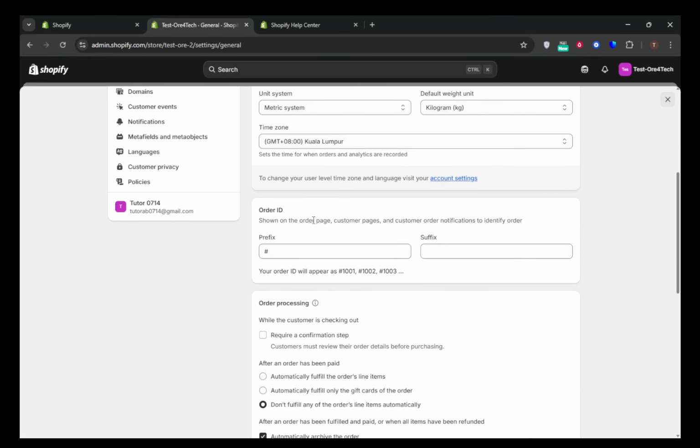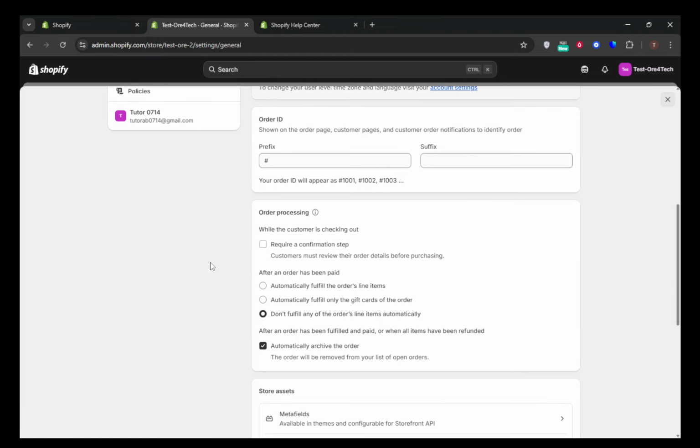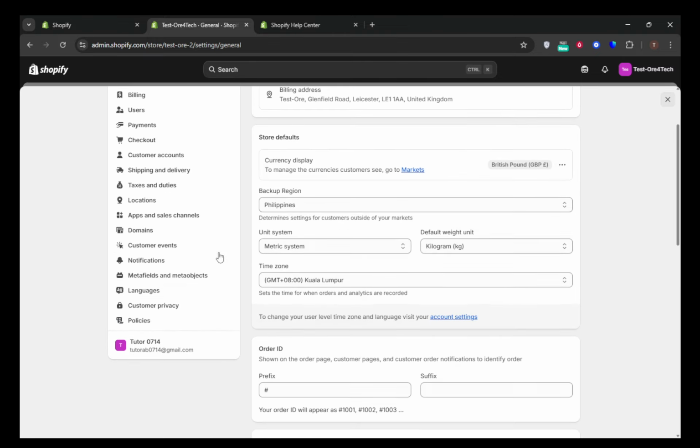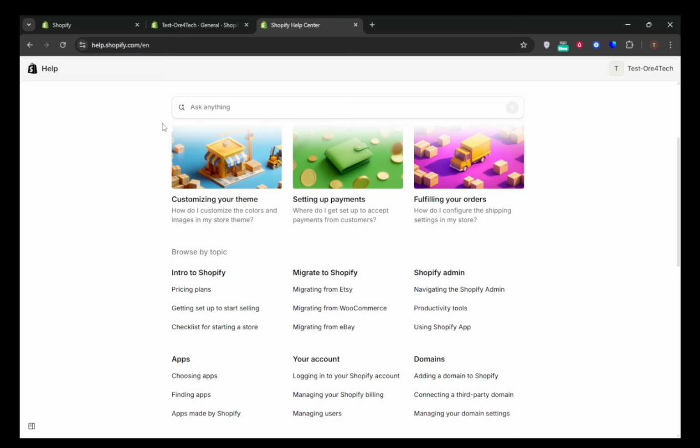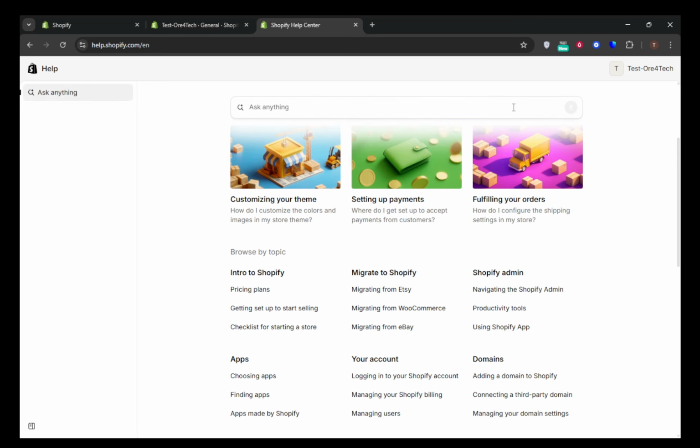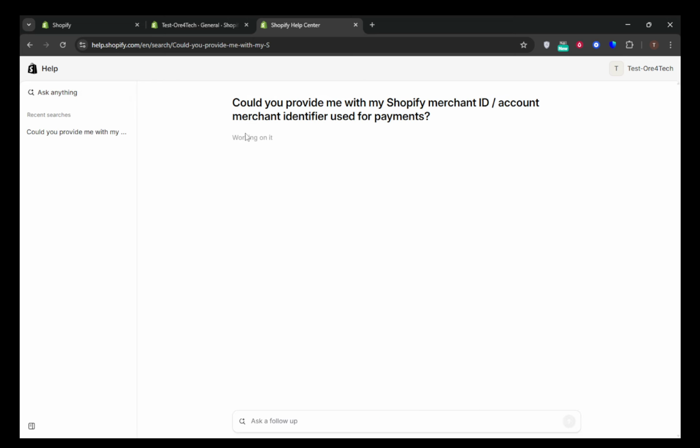The most direct route is to get in touch with Shopify support. Whether you're a seasoned Shopify user or new to the platform, contacting their support team will be your go-to method. Start by opening a support ticket through your Shopify admin or by visiting the Shopify Help Center. When you reach out, make sure to be specific with your request. Ask them directly if they can provide you with your Shopify Merchant ID, also known as the Account Merchant Identifier used for payments. Once you make this request, the support team should be able to locate it for you and